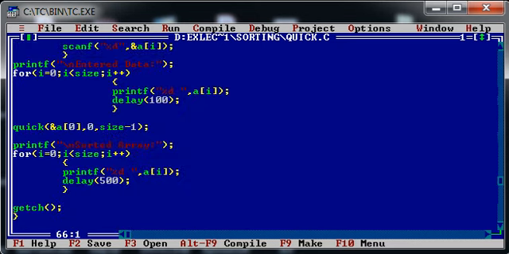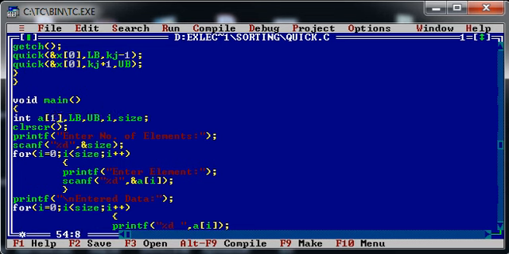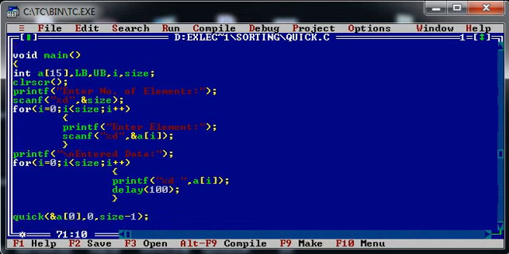As you can see over here, in my main method, I have taken a dynamic array, but you can consider it static also. Let's say I have taken integer a of 15, which means it can store 15 integer elements. Now I am taking the number of elements to be stored in this array. In this for loop, I am taking elements from the user and printing them.